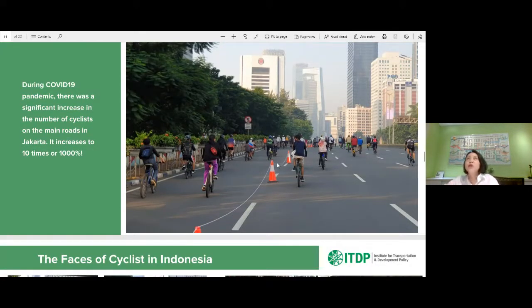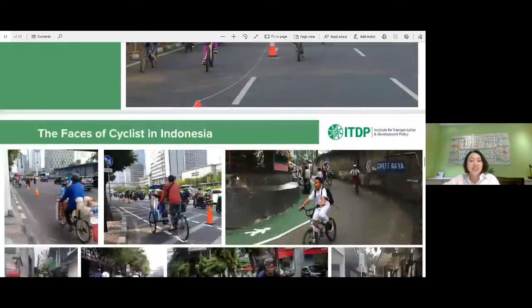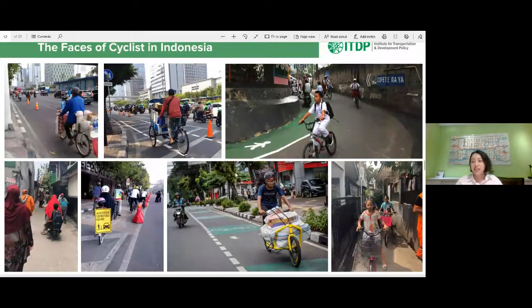And so, who are the faces of cyclists in Indonesia on normal days? So not during the pandemic, or even before the 1920s. This is actually the basis of cyclists in Indonesia. You can meet them in daily activities in every city in Indonesia, like the coffee seller who sells his coffee using bikes to the workers in the cities.